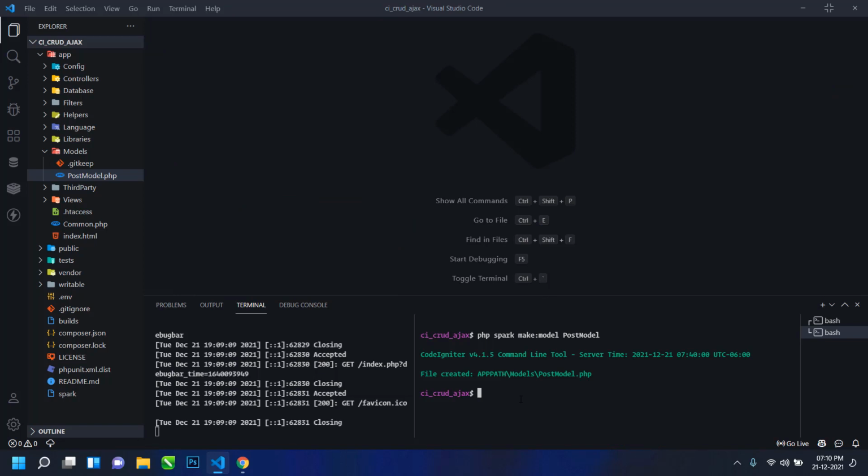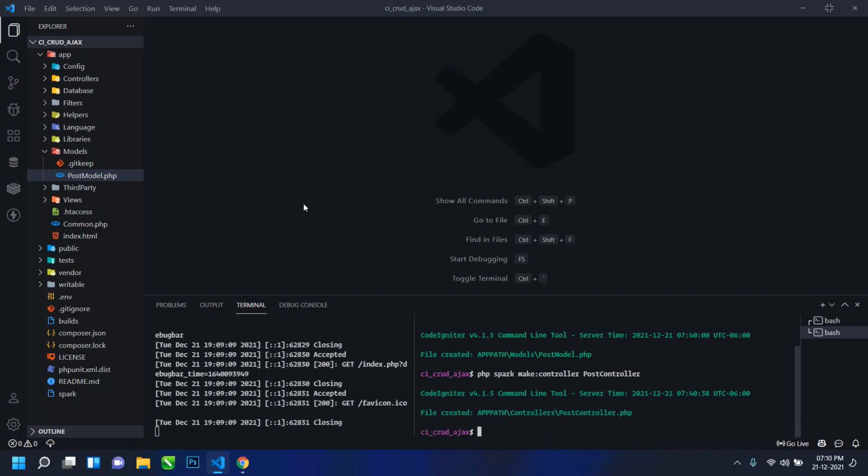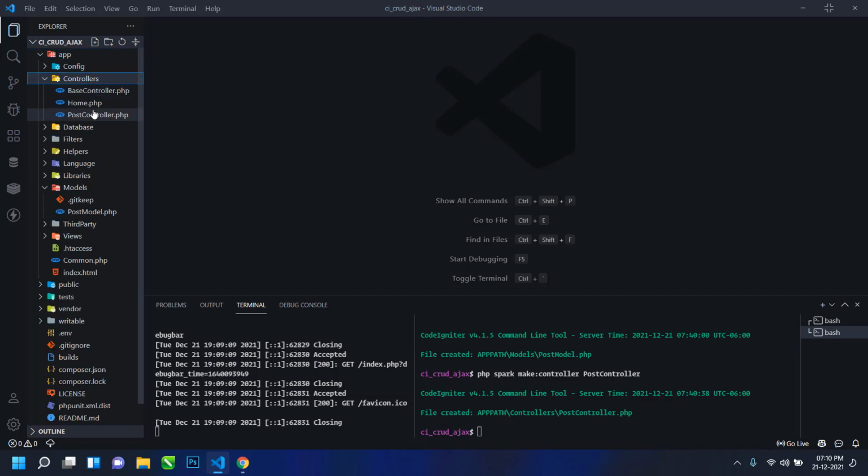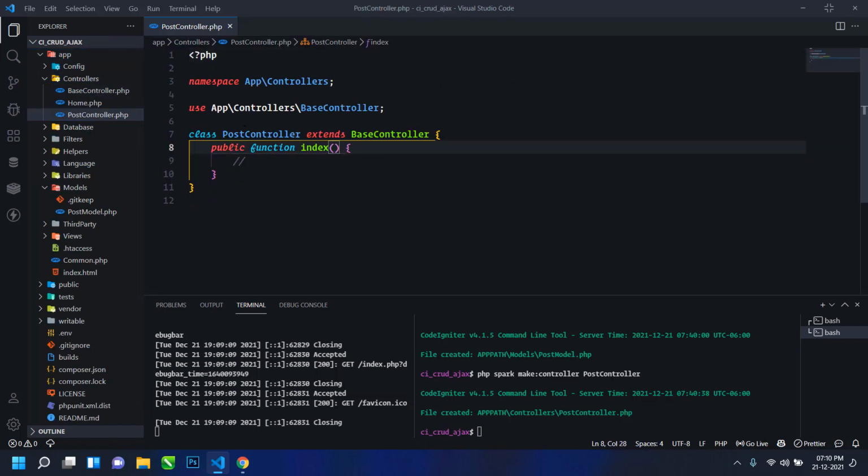I will use the same php spark make:controller, and here I will write PostController, hit enter. Now we will find this PostController.php file inside the app directory, then the Controllers directory, and this is our controller.